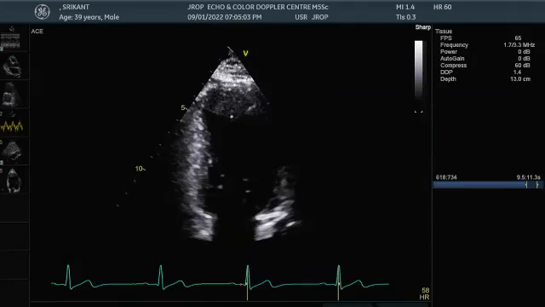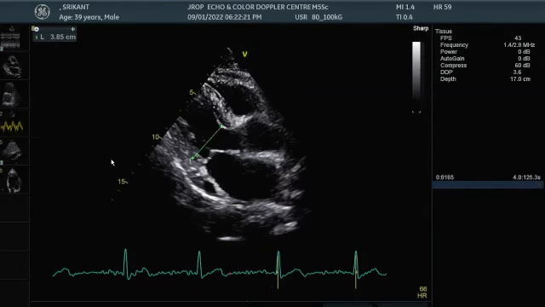So can we also calculate EF by M mode? Never ever do that. Why? Look at this image. I'm cutting M mode in the basal anterior septum and basal posterior wall. Suppose the patient has anterior wall infarction. It's a compensatory mechanism that these segments will contract more and the apical segments will be hypokinetic. So you will end up having a normal ejection fraction when you're only cutting at two segments. This is segmental function, not global.